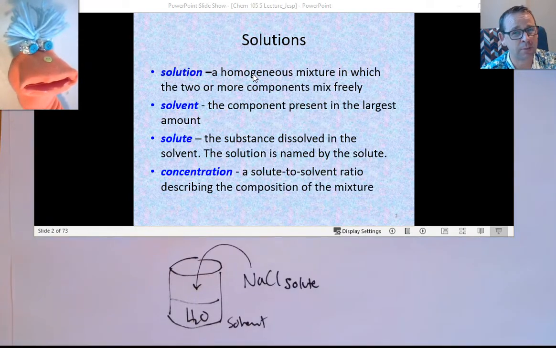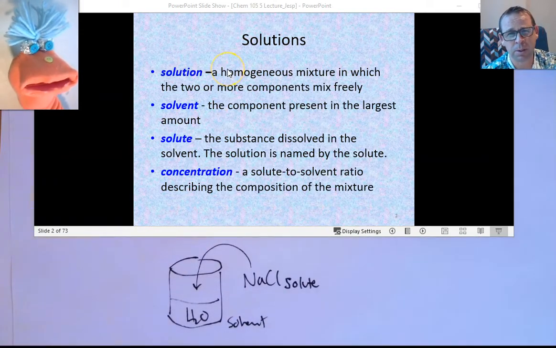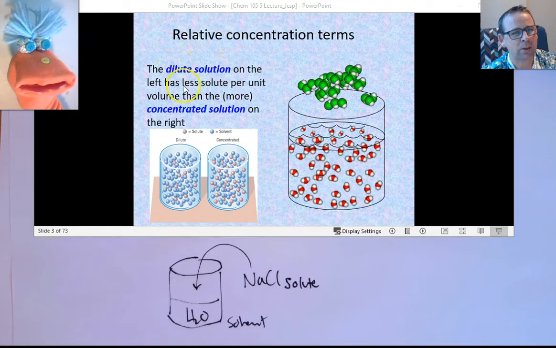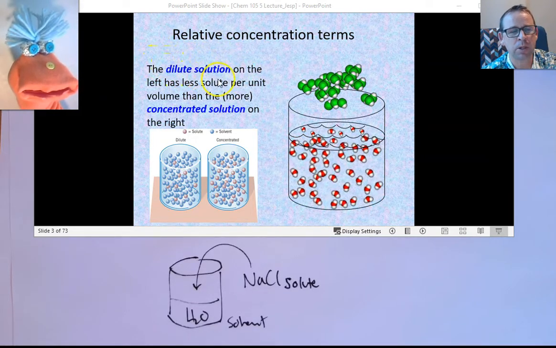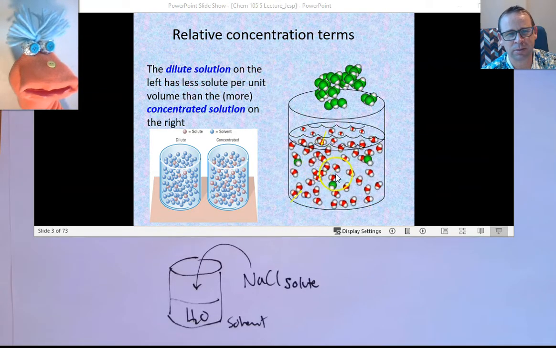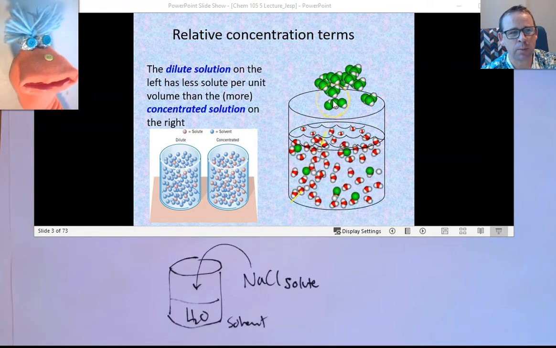And we have a variety of ways to express concentration. We'll introduce some of them here, but mostly you'll learn about the different ways of expressing concentration in lab, okay? Now, dilute solution, hopefully the word dilute is familiar to you. It's essentially indicating that we only have a little bit of solute dissolved. Now we can dissolve more and more and more solute until it gets to a point where we say the